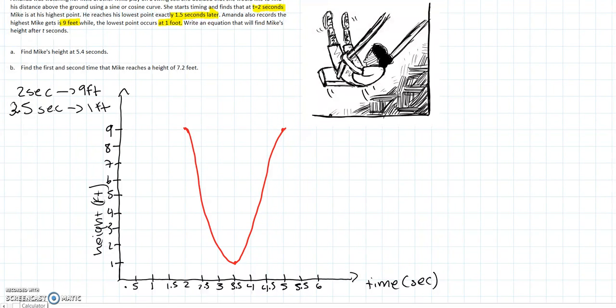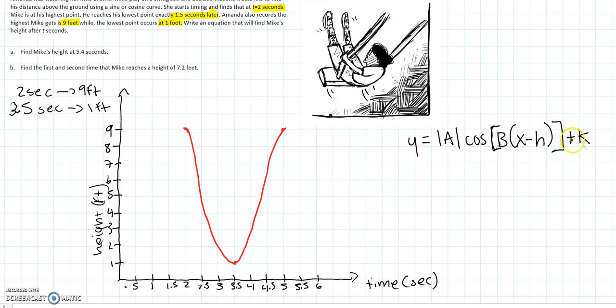But we are not done yet. The word problem is asking to write an equation that will find Mike's height at t seconds. So we are going to write out the parent equation. So it is y equals the absolute value of a cosine, brackets b, parentheses x minus h,